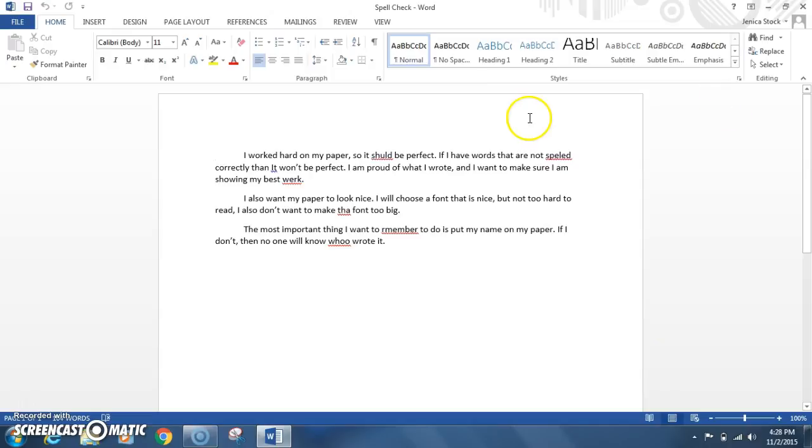If you notice on the document, there are red squiggly lines under some of the words, and here's a blue squiggly line. That means there's something wrong with that word. The red one means that it's not spelled correctly, and the blue one means that there's something grammatically wrong with it. So in order to figure out how to fix that, if you right-click on the word, which is by